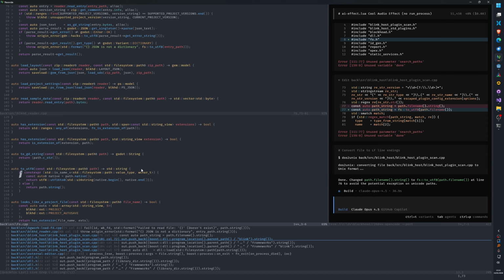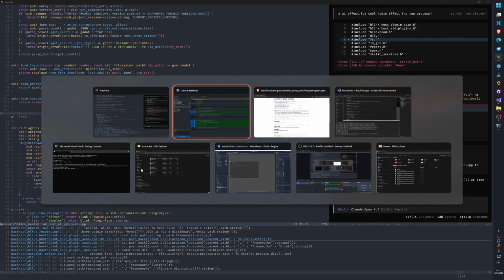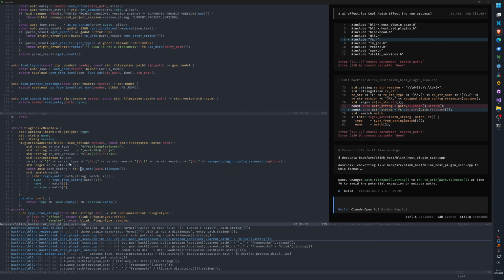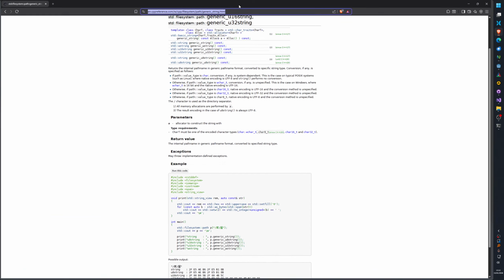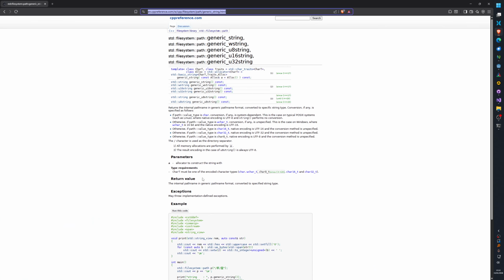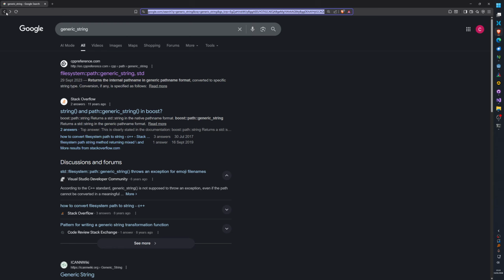It just seems weird that there is a function in the standard library that just throws an exception. Feels like maybe I'm not actually supposed to call it. I don't know. String? This is generic string.